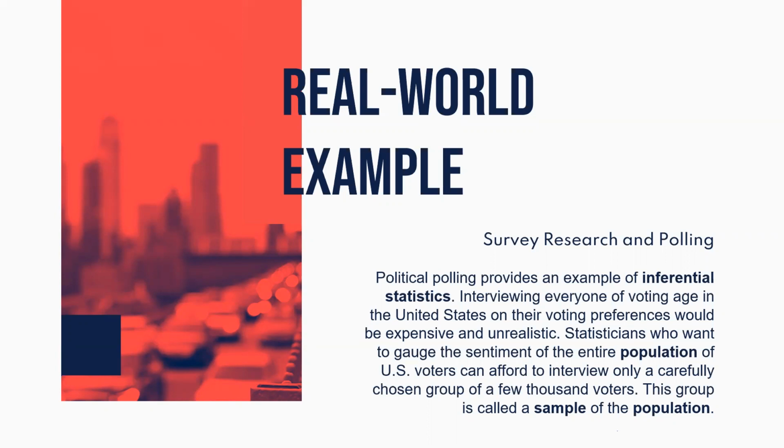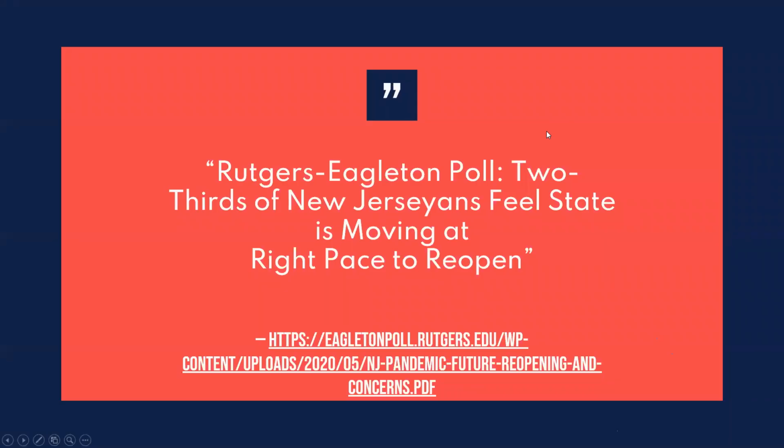So let me give you an example of a real world poll. Unfortunately, you guys are going to hear me talk about polls from Rutgers University. Have you guys heard of Rutgers University? Yeah, in Jersey. It's in New Jersey. Yep, the State University of New Jersey. You can obviously tell I talk about my family a lot because I've referenced my son and my wife a lot. But my wife is actually a pollster at Rutgers University. Their football team is terrible.